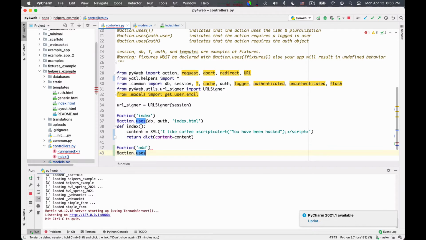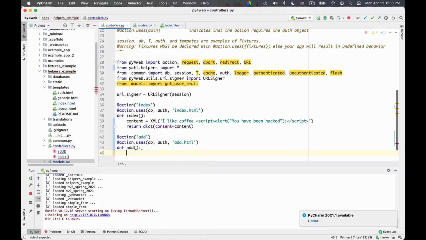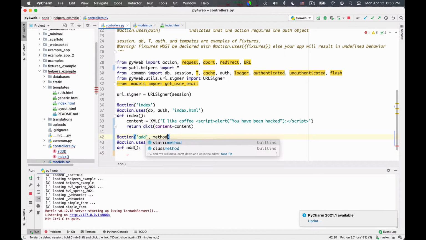Action uses db, auth and add.html, and def add. So I want the method to be both get and post, so that I can process the form and also return it.